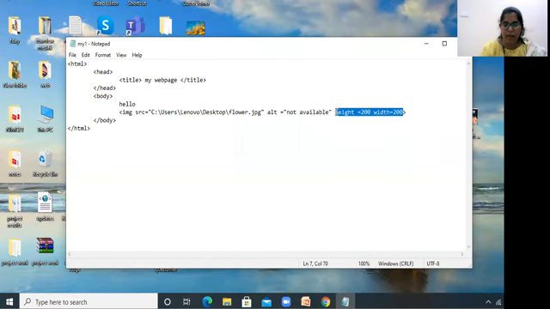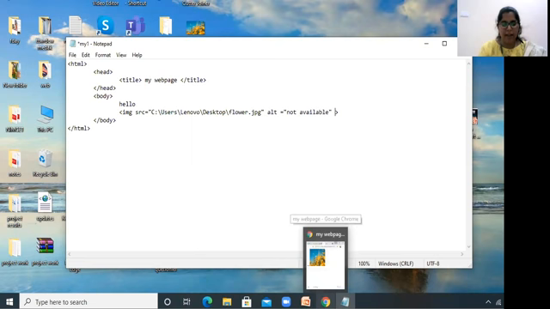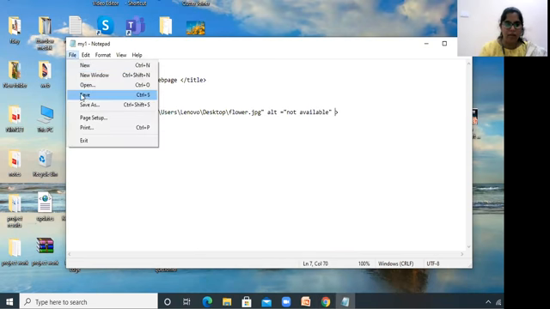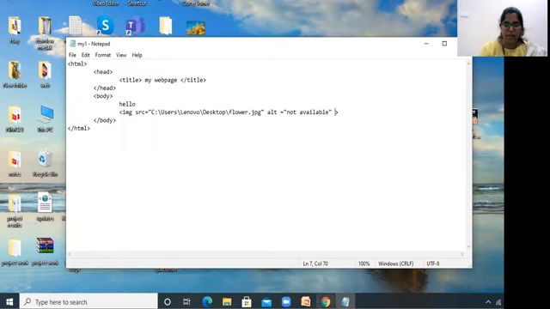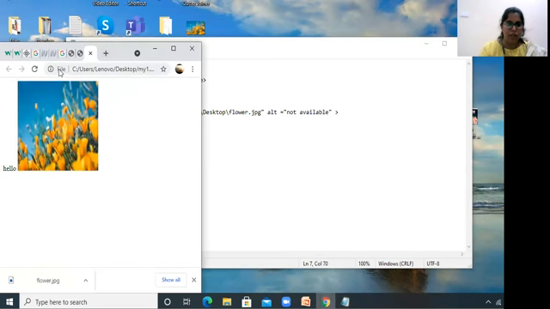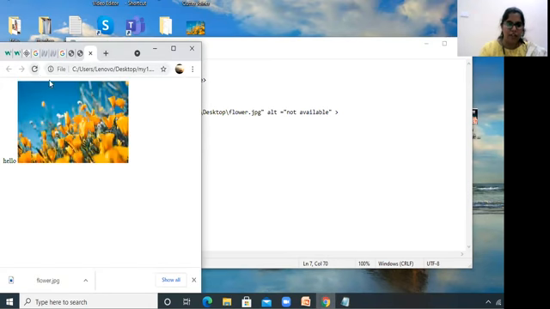Let us see what will come. Simply click on save. Go to the browser and click on refresh. This is the actual size of the image, so that's why it is coming only in this size.